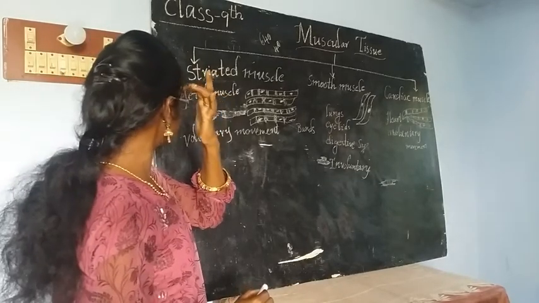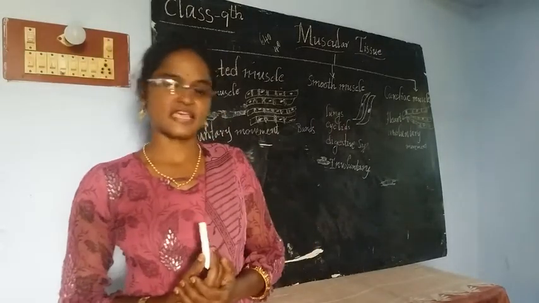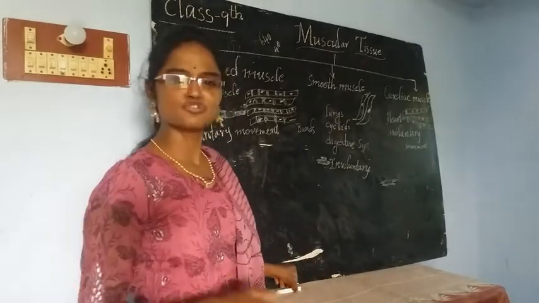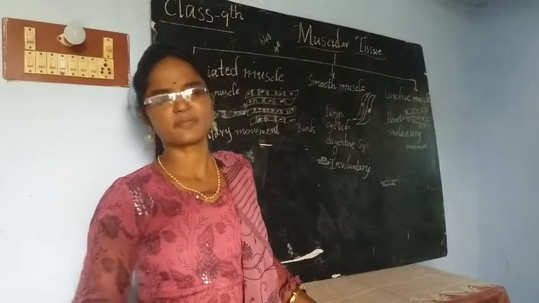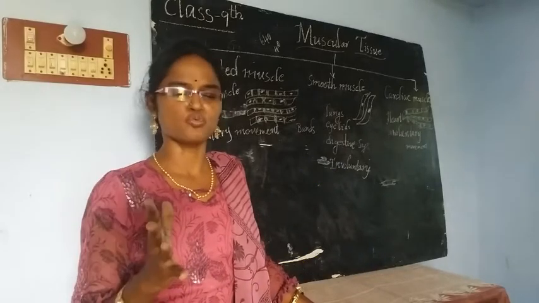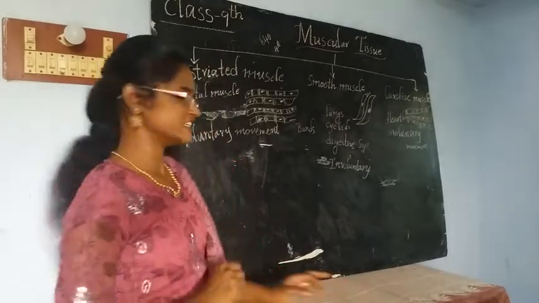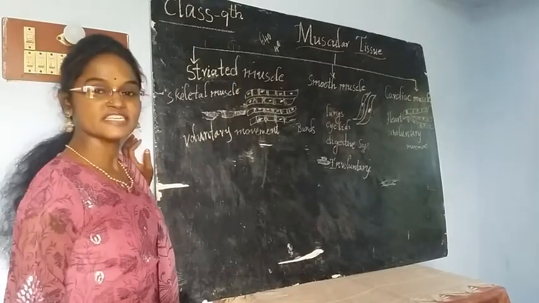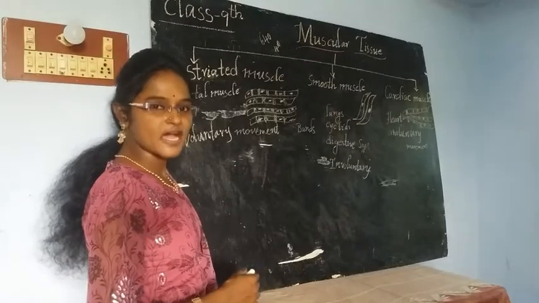These striated muscles are found in different body parts like our hands and legs, which we are able to move. Whenever you wish to raise your hand, you can raise it. You need not take permission from anyone. If you wish, you move your body parts depending on your wish. Such movement is called voluntary movement. The striated muscles always allow voluntary movements of your hands, legs and different body parts.